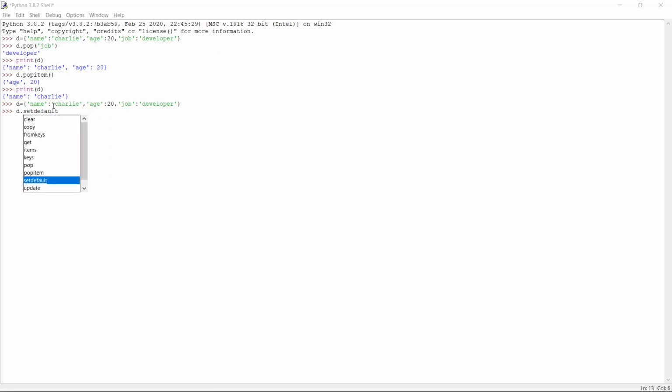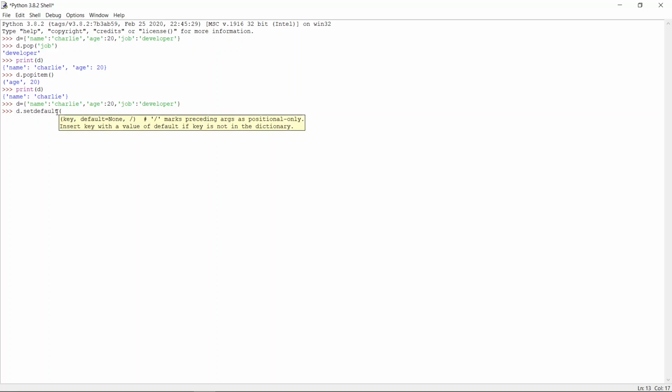So the next one is setdefault. So how do we use setdefault? Setdefault means if the key already exists, you cannot change that key's value. I don't know whether the name exists or not, so that's why I am using name. I'm adding the name Sophia.